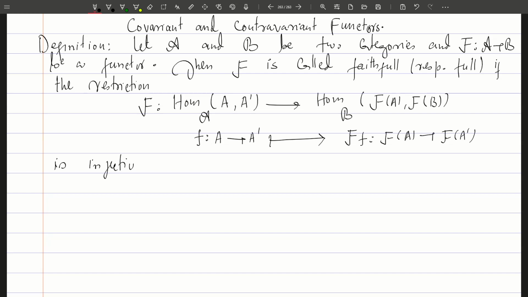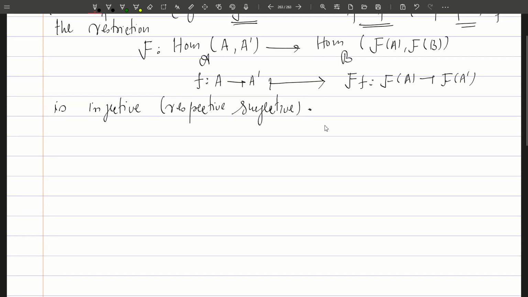So if this is injective and respectively surjective, in that case we call this functor F a faithful functor or a full functor. So faithful means that the functor has to be injective, and full stands for the functor has to be surjective. Now there is one more definition, I mean